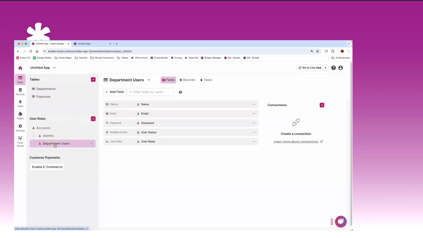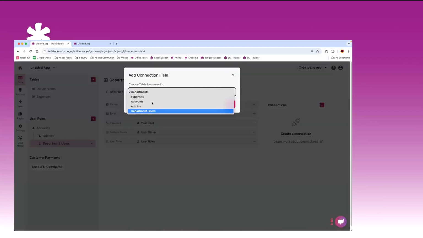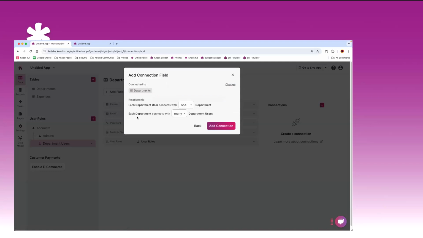So in our use case, if a department can have many users, we want to go to our user table and add our connection field to the department. So we were missing some information there. So we can jump into our department users and add a connection field to connect to our department. This is going to allow us to say this logged in user is connected to this